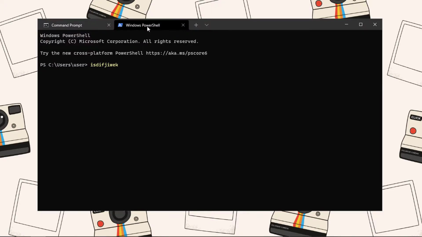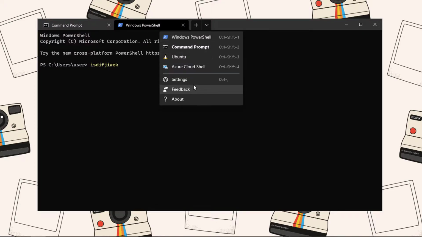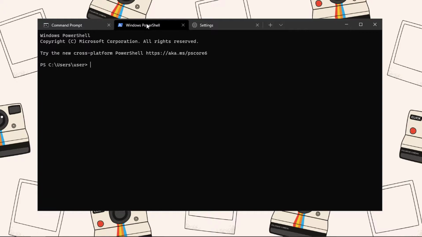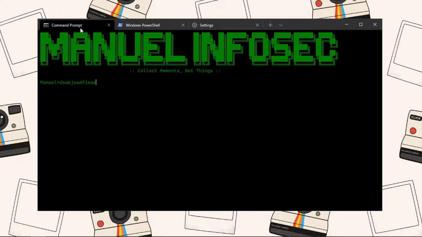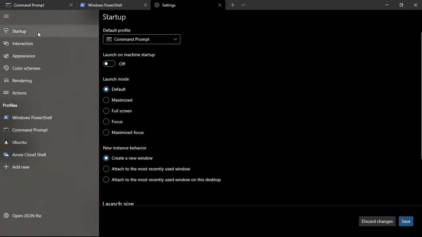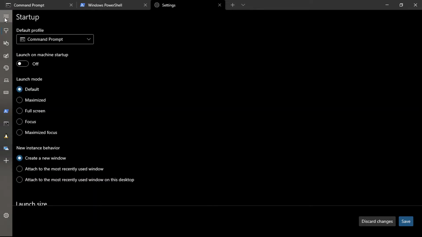And also we can open the settings. Boom. So we have PowerShell on one tab, the command prompt on another tab, and also our powerful settings on the last one. So I'm going to maximize, and as you can see, we have so much